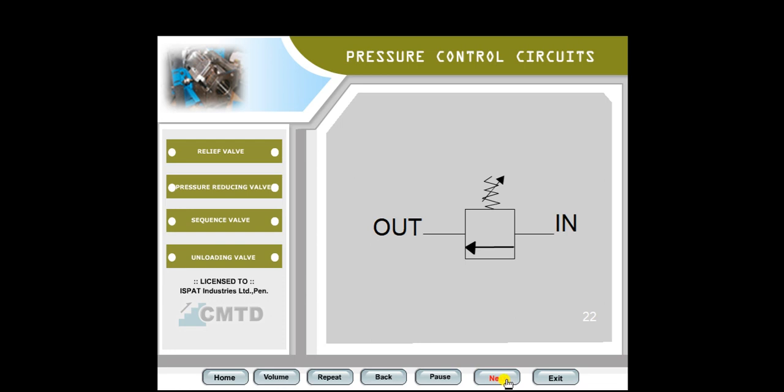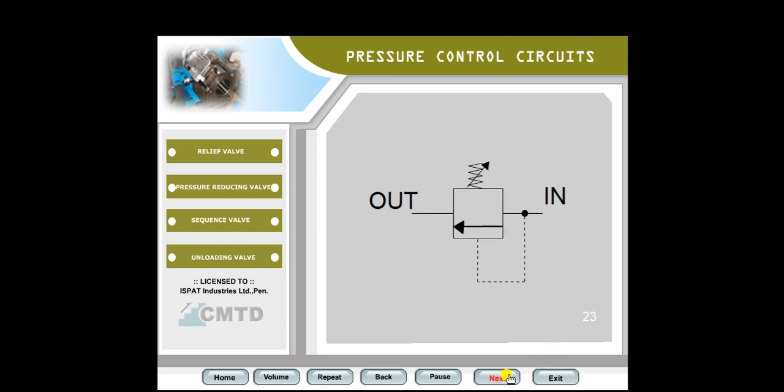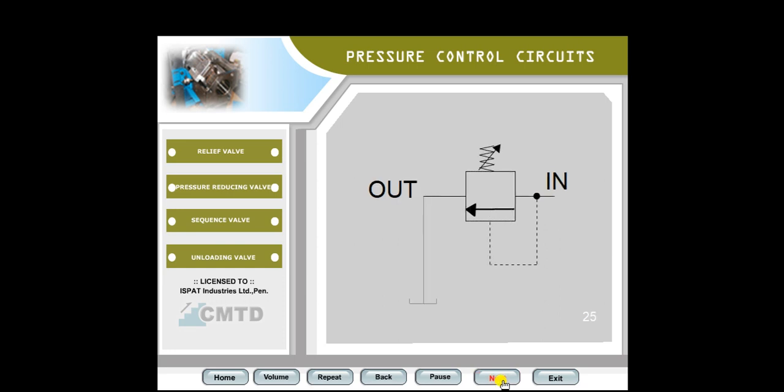Oil path in the relief valve is normally closed, which is shown by this arrow offset from inlet to outlet. Pressure increase in the inlet side actuates the valve. This is the complete symbol of the relief valve. Outlet is always connected to the tank.